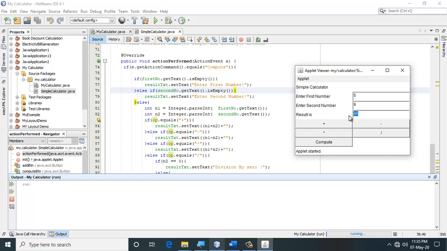If you notice, I can type anything of my choice, which should not happen. So I am not supposed to allow the user to edit this text box. How do I do that? I will set the editable property of this text field as false. Where do I do that?